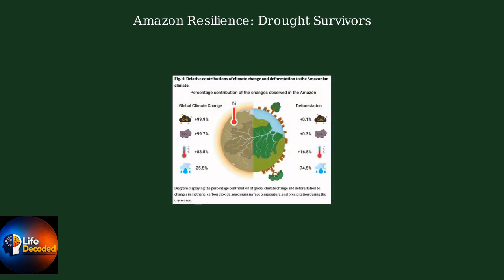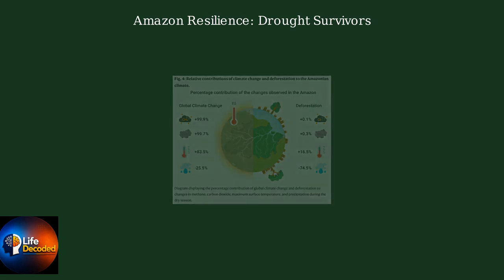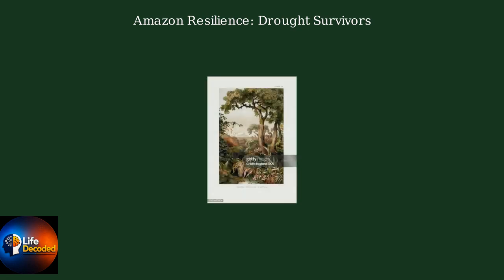Climate change is creating a dual-threat environment for the Amazon. Understanding these metrics is vital for predicting which areas will reach a tipping point and which will adapt. As the Amazon faces a drier future, these drought-resistant trees act as a genetic blueprint. Their survival suggests that the forest is not merely dying, but evolving to handle new climatic realities.